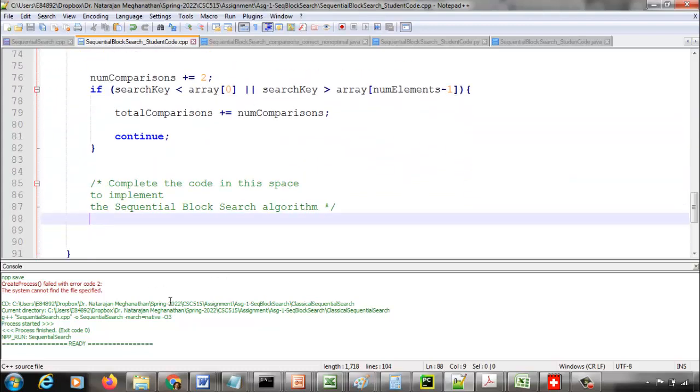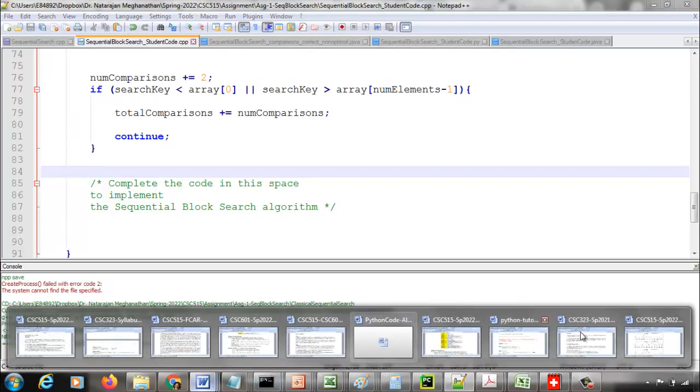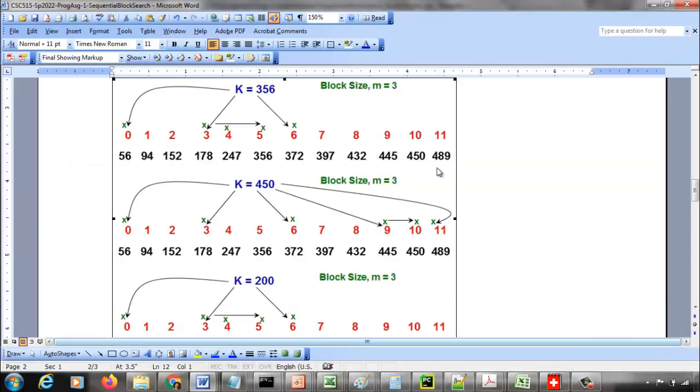And so when your control comes beyond or after this if statement, that means the search key is within the range of the elements in the array. If at least the magnitude, it could be there in the array or need not be there, but at least the magnitude. So for example, like what I mentioned here, if you're searching for anything like the 3 values